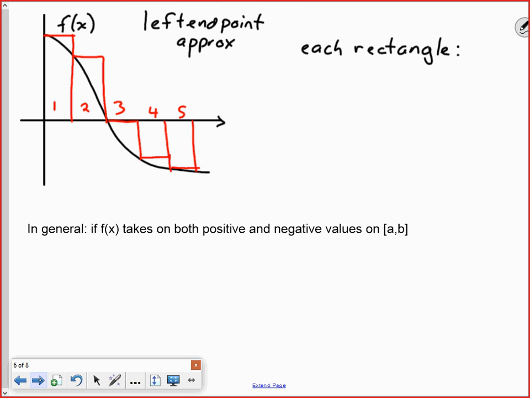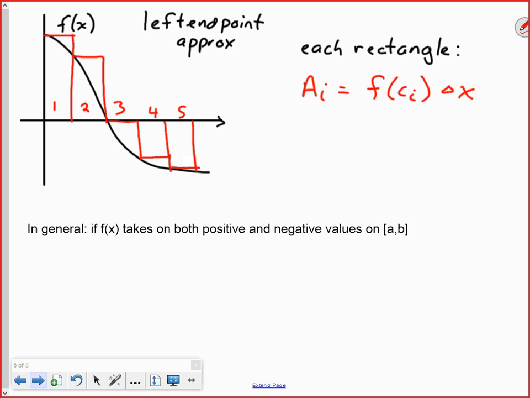one last point to make about areas under curves or areas above curves. Here I've taken a function f at x and I am modeling it using a left endpoint approximation, and I've drawn the rectangles there in red, as you can see. So each rectangle here, if we were to figure out the area of each one of these rectangles, it is of course going to be the value of the function at some x value inside that interval times delta